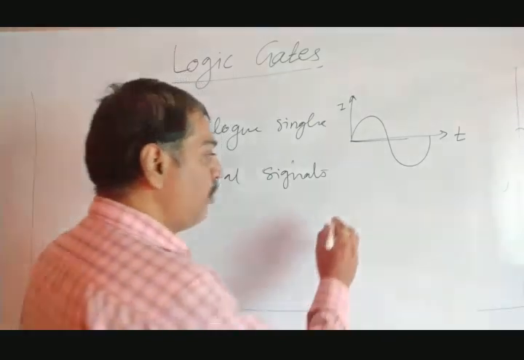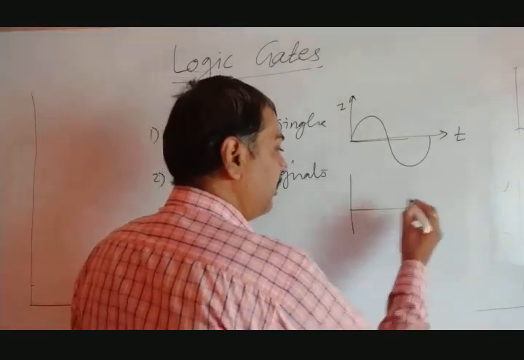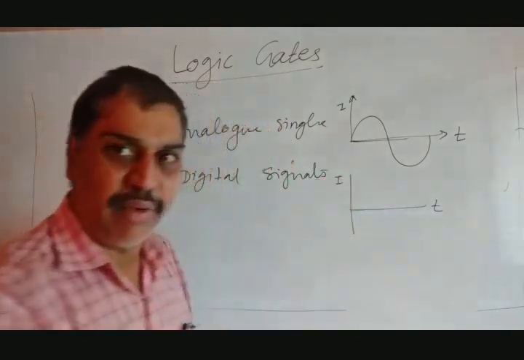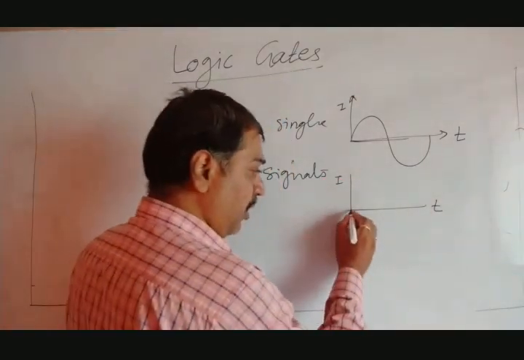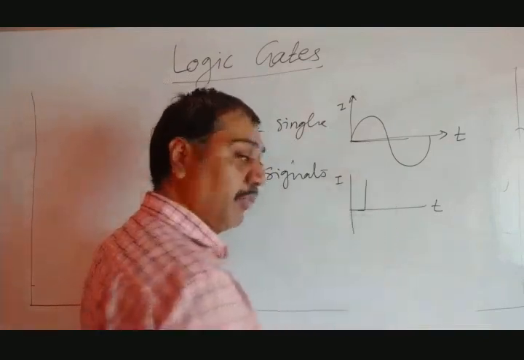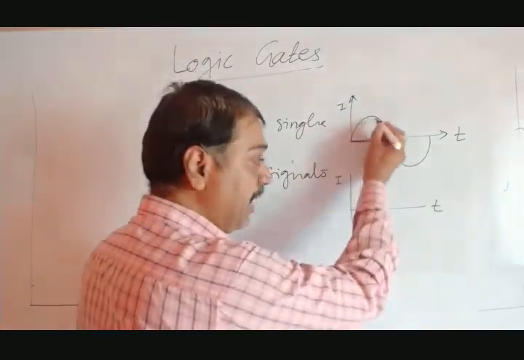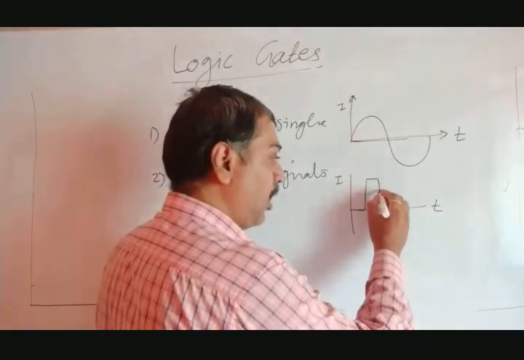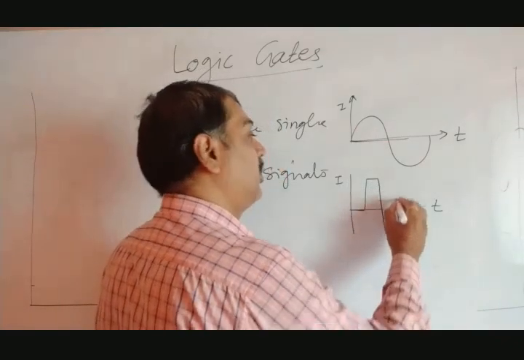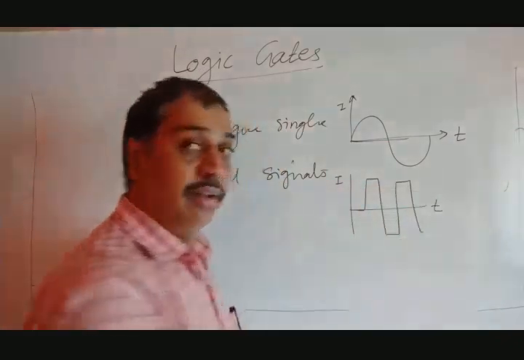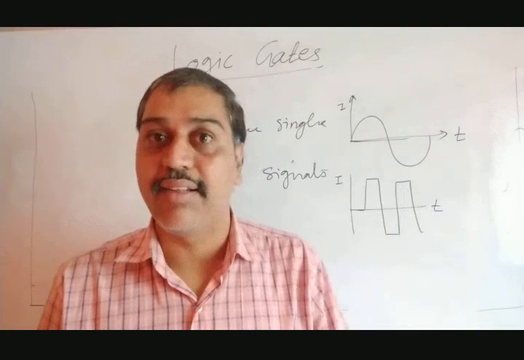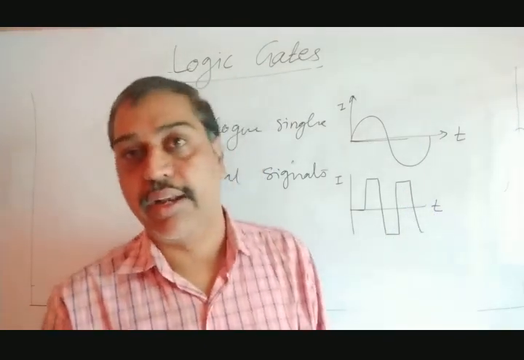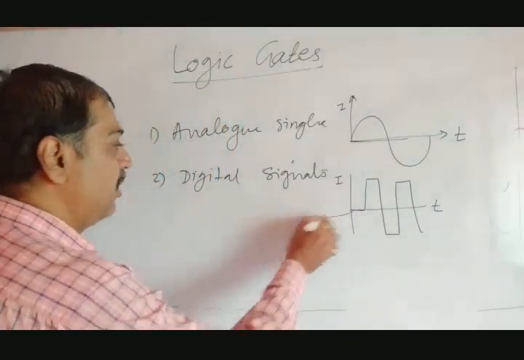For example, I want to draw it here like this. Suppose this is the y-axis, x-axis. Again, this is time, or suppose this is a current or a voltage, whatever it may be. When it becomes here, suddenly it gets increased. It is not continuously increasing; suddenly it gets increased and remains constant for some time, suddenly gets decreased, constant, suddenly gets increased. Such a type of signal which increases or decreases in steps, suddenly it gets increased, suddenly it gets decreased, that type of signal is said to be a digital signal.